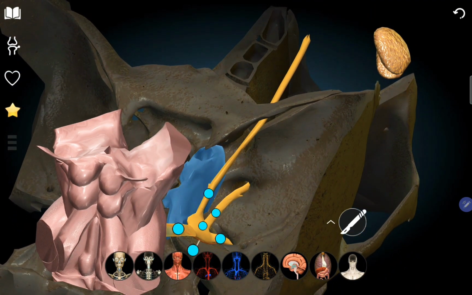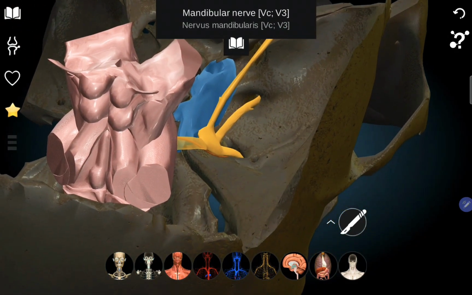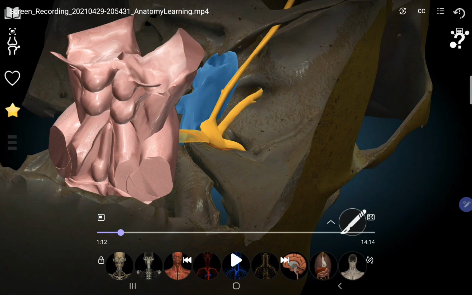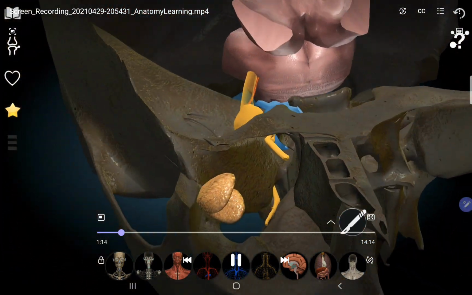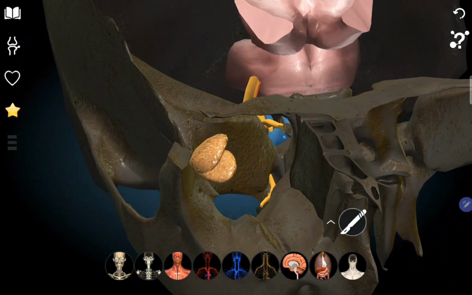So what are the structures passing through the cavernous sinus? We have studied that the structures passing are the internal carotid artery and the sixth cranial nerve. And in the lateral wall of the cavernous sinus, we have the third cranial nerve, the fourth cranial nerve, and the ophthalmic division of the trigeminal nerve. 50% of the time we also see the maxillary division passing through the lateral wall of the cavernous sinus, and the ophthalmic division passes through the superior orbital fissure.